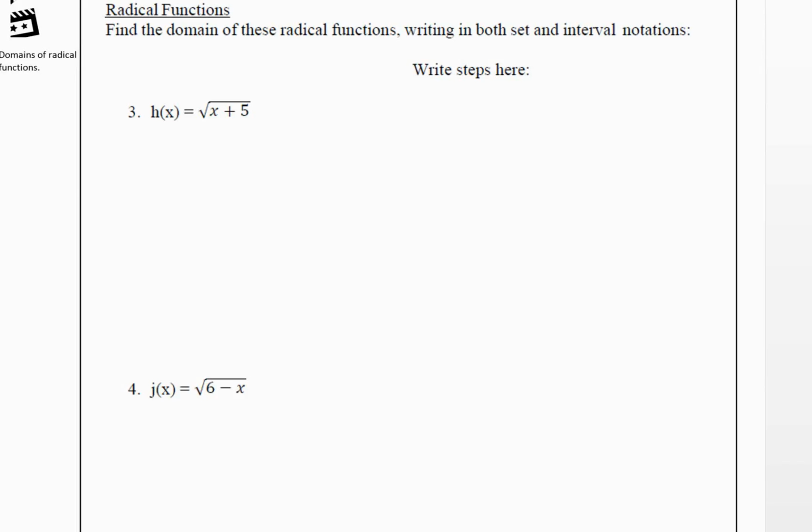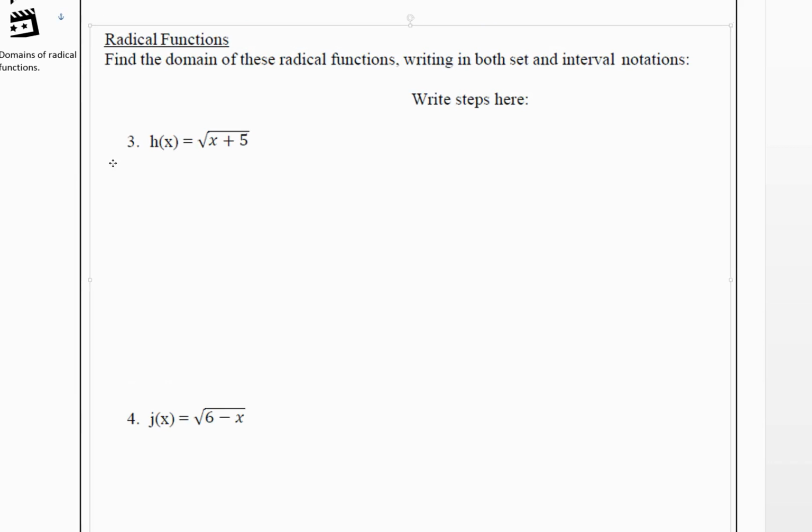Now we're going to talk about how to find the domain of radical functions. So these are functions that have square roots. And the reason that we need to talk about the domain is that there are some numbers that if we plug them into a square root, we'll get something that's undefined. So for example, let's look at h of x equals the square root of x plus 5. And let's evaluate,